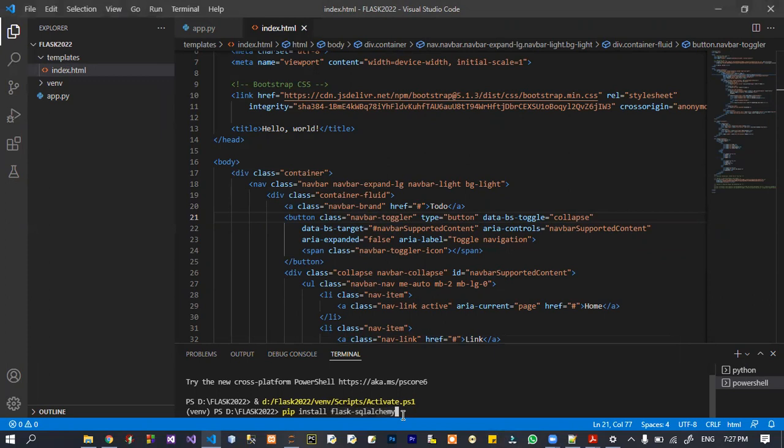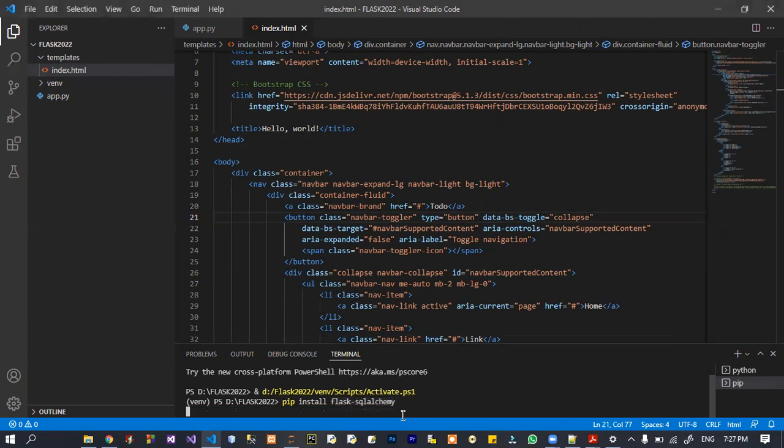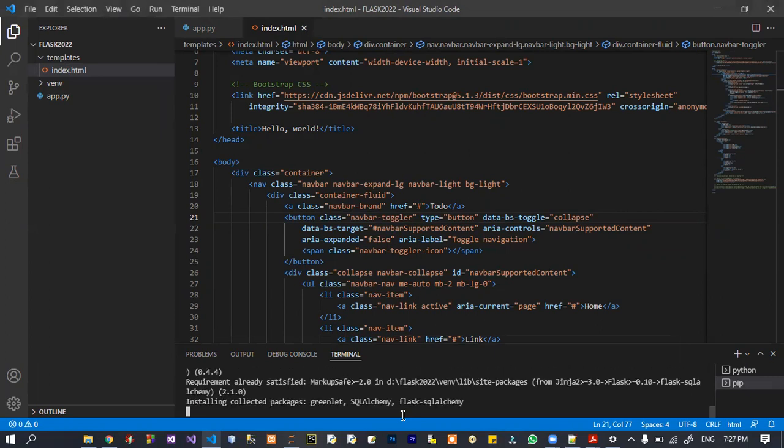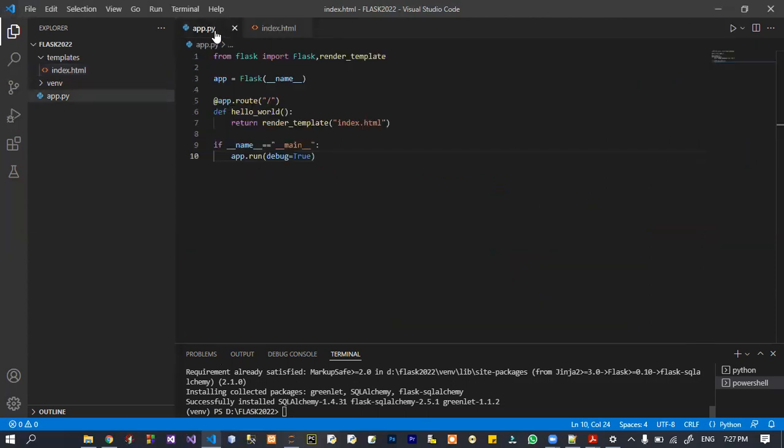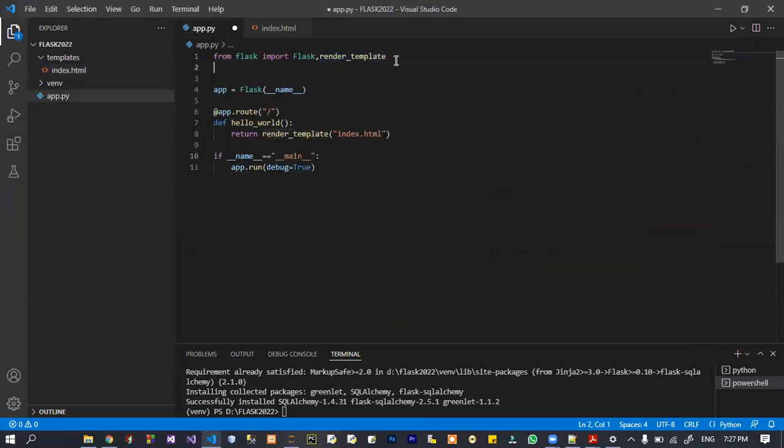So now hit the enter key. It will be installed. It will take a couple of minutes. Now the database has been successfully installed, and import your database here,